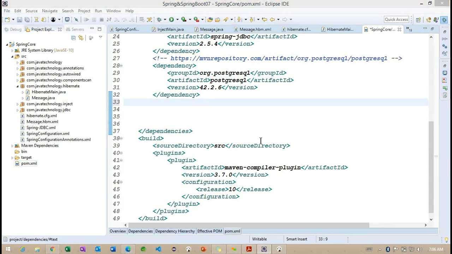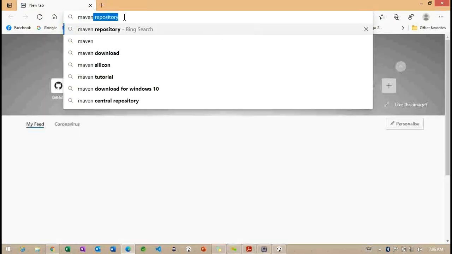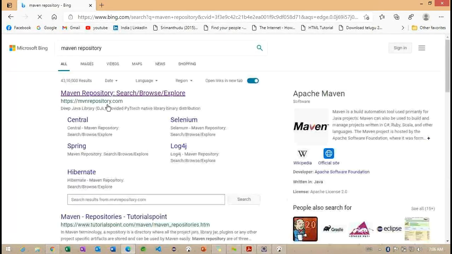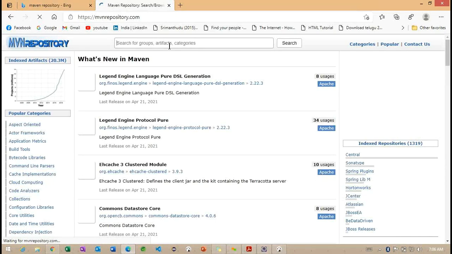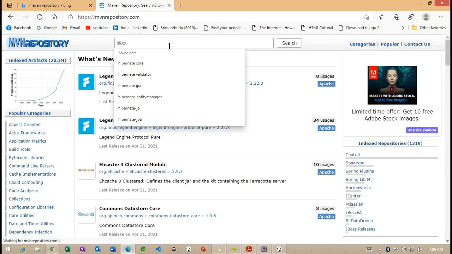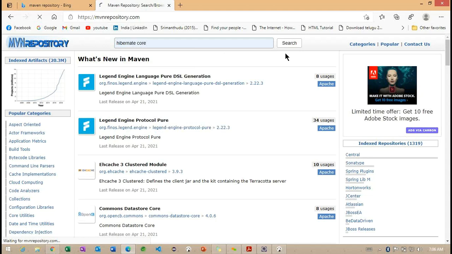To add that, we need to go to the Maven repository, and inside this Maven repository, we need to add the particular Hibernate core jar. So Maven repository, Hibernate core.